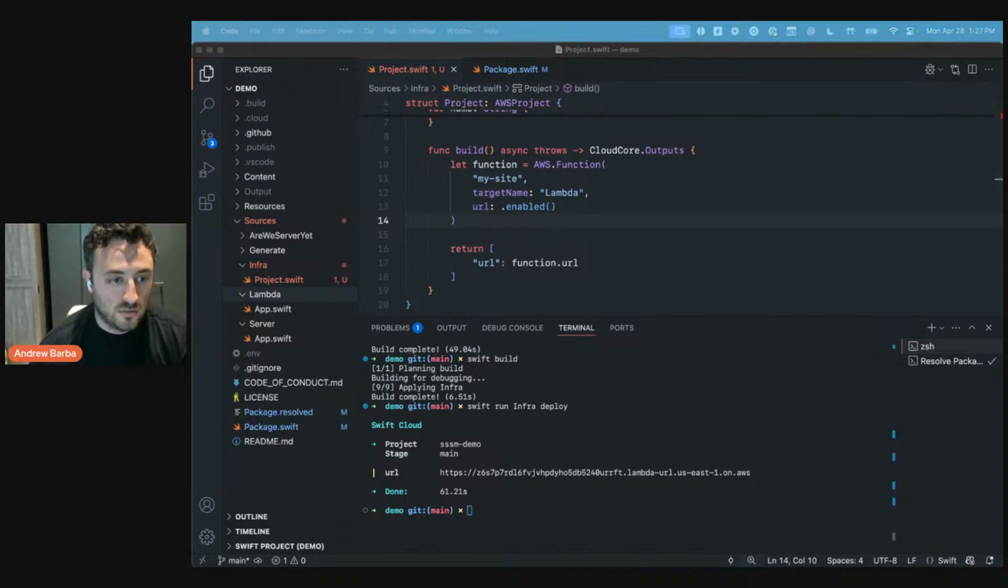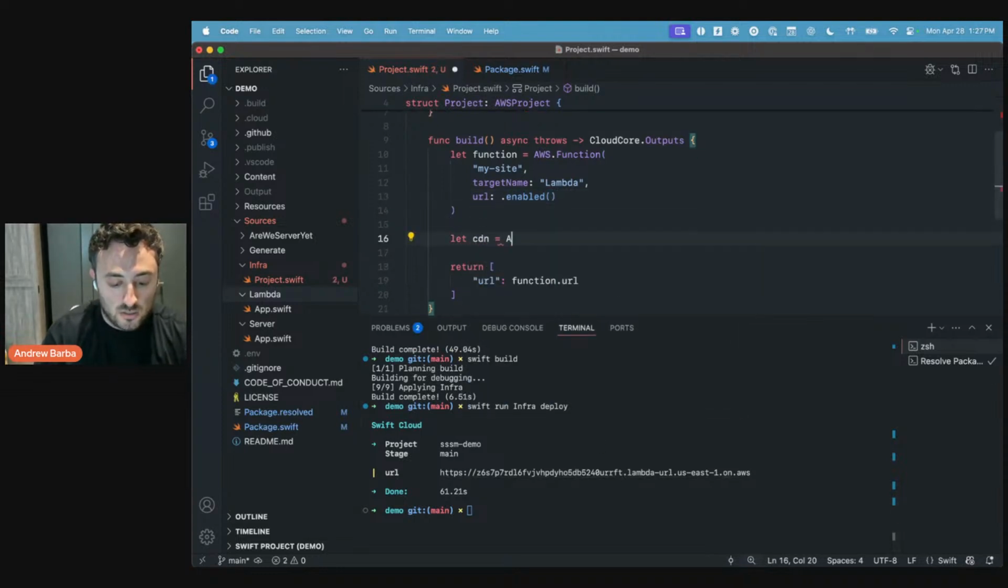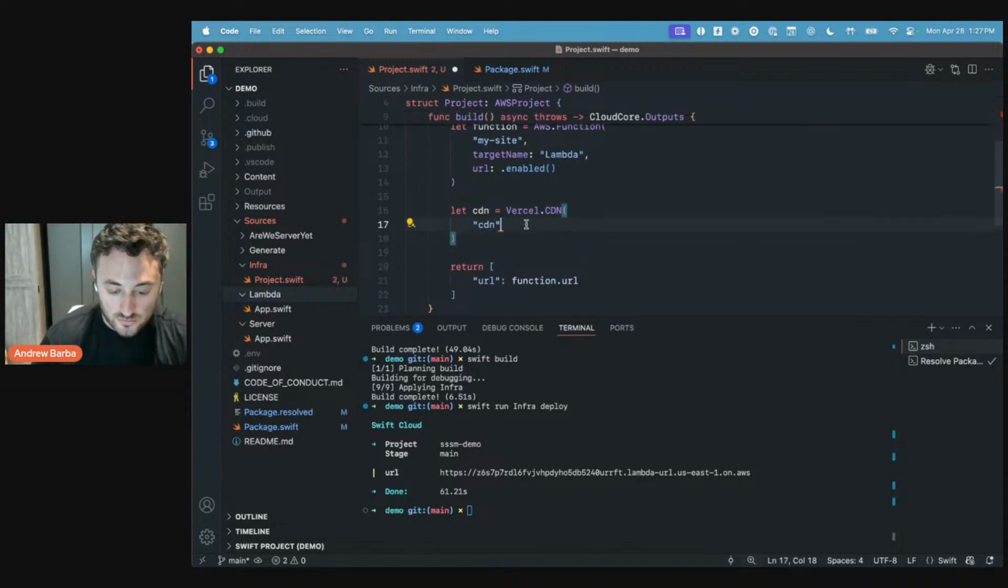And so now I want to actually take it a step further. Obviously this URL kind of sucks. So let's actually put a CDN in front of this. And I work at Vercel. So we are going to put a Vercel CDN in front of this. And the way we do that, so this is a special construct. There's a similar one for AWS,